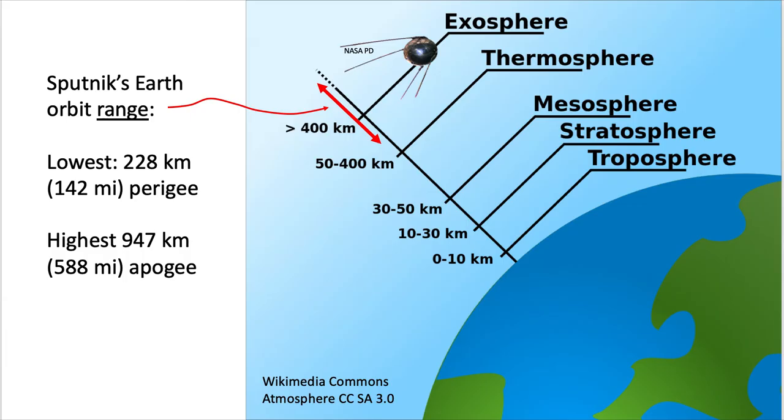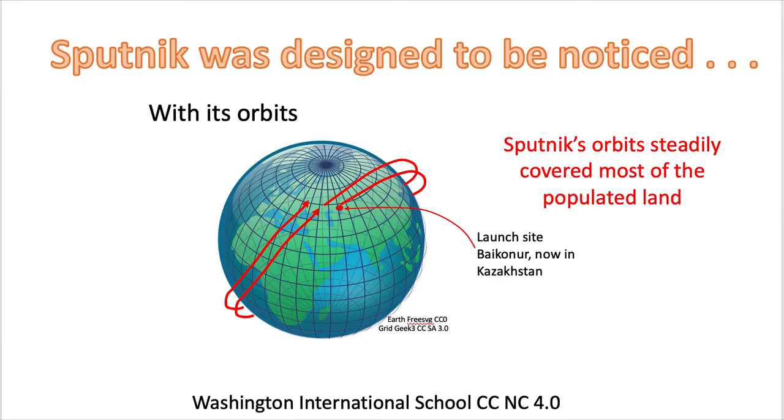And where was its orbit? You can see that it's in the upper atmosphere, the exosphere, and it was a range, so it wasn't always at one altitude. It was an elliptical orbit as well, and you can read those as the closest to the Earth and then the furthest away. And then with subsequent orbits,